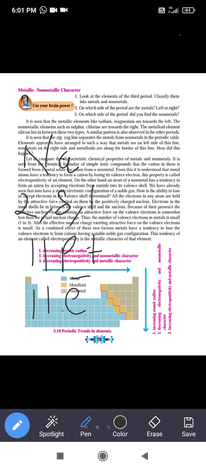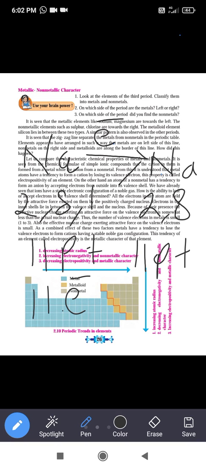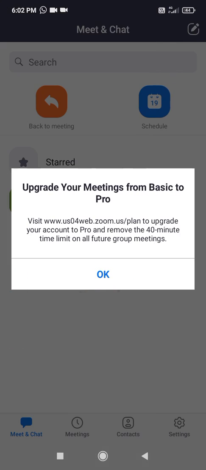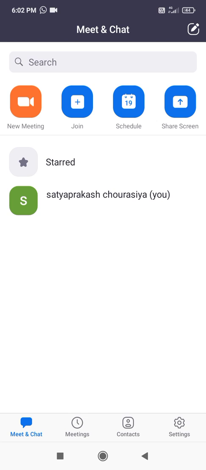So now there is no net charge on the sodium element, but when the sodium element gives 1 electron, after giving 1 electron the number of electrons remains 2, 8. Now compare the protons and electrons. Here the proton number is the same, but electrons become 10. Now after giving 1 electron, the sodium has 1 extra proton. Because of that